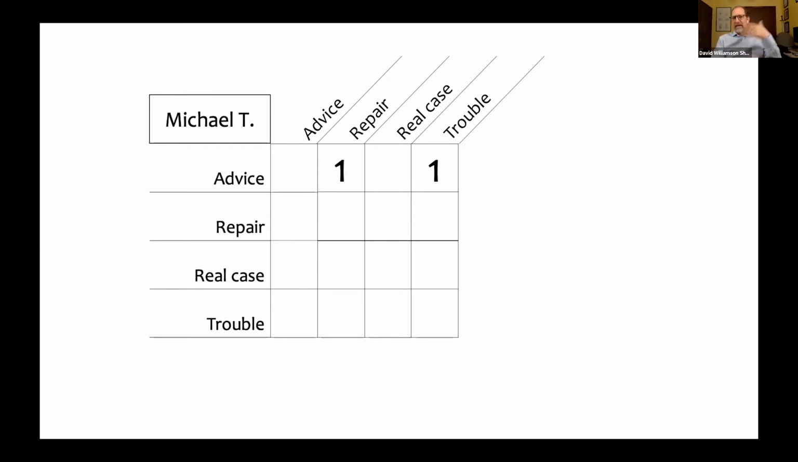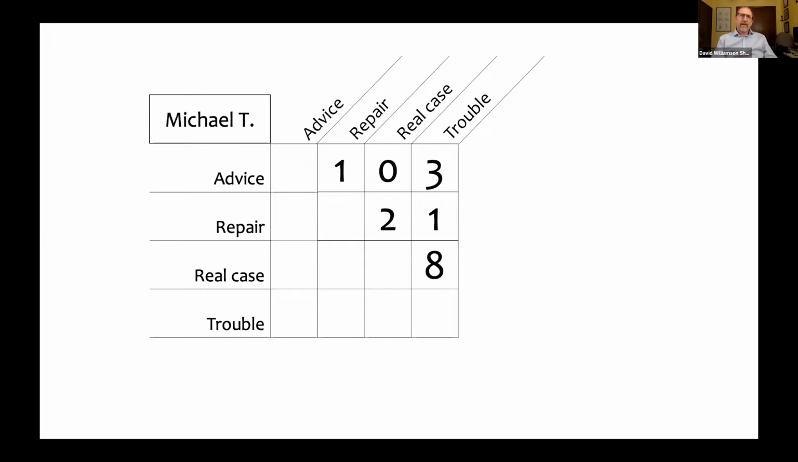As we go through the data, we start adding more connections in this matrix. So for example, further down in the data, there might be a connection between advice and trouble, and then another connection between advice and trouble. And there may be parts in the data where other things are connected. And we wind up with this adjacency matrix that shows us the structure of the connections